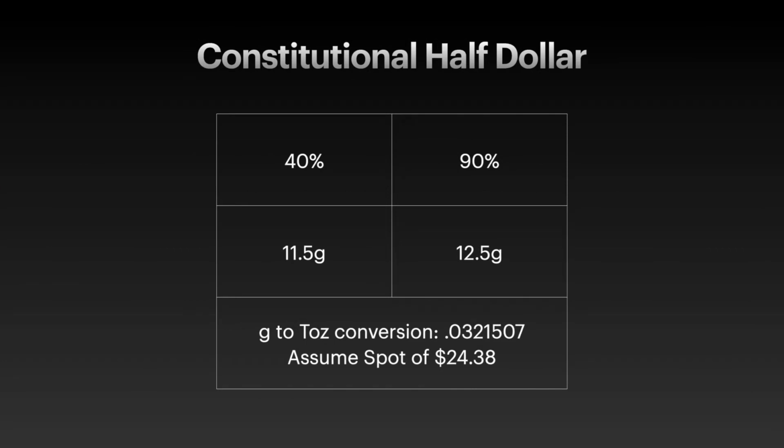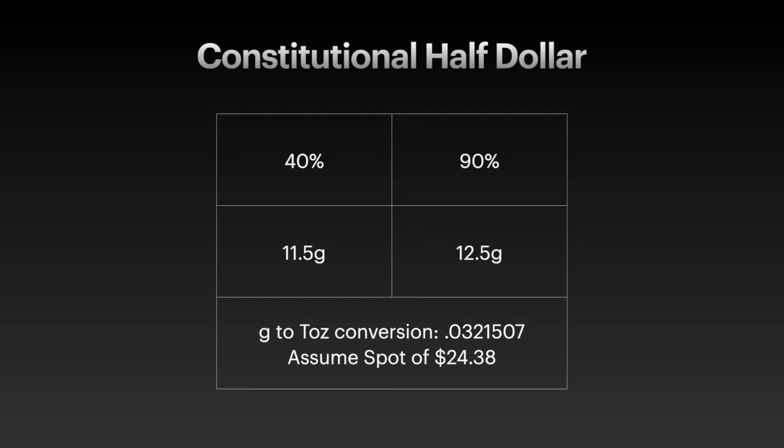So I'm going to focus all my examples on the constitutional half dollar because it's one of my favorite constitutional pieces of silver to collect. I do lots of half dollar hunts, so if you go back and look through my channel, you'll see that I do a lot of that kind of hunting. So there's 40% half dollars and there's 90% half dollars. And there's a couple of things we need to keep in mind as we go through the rest of these slides,